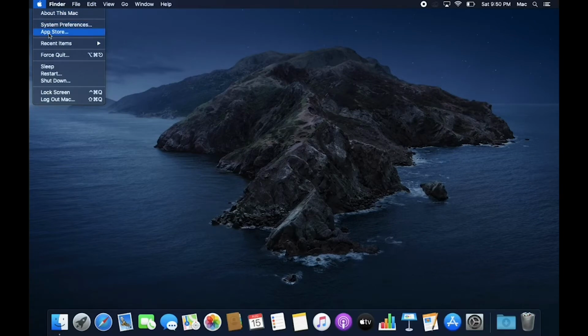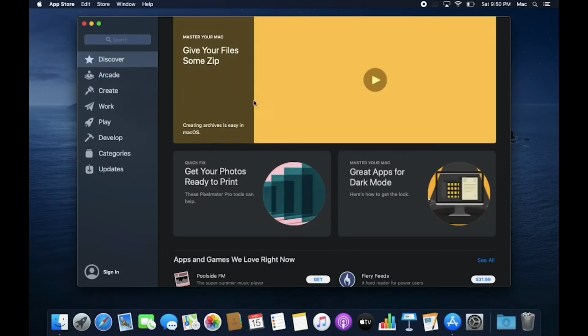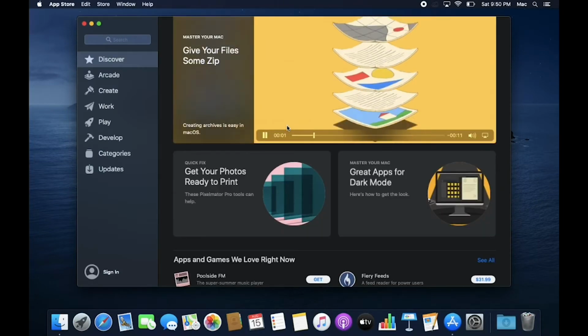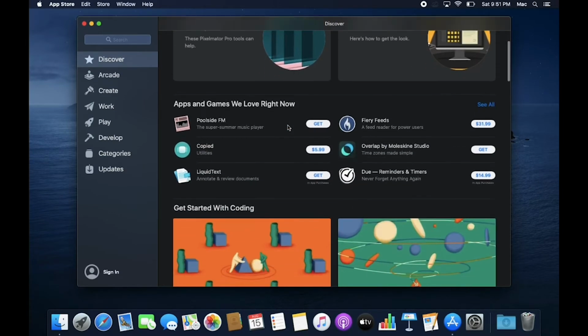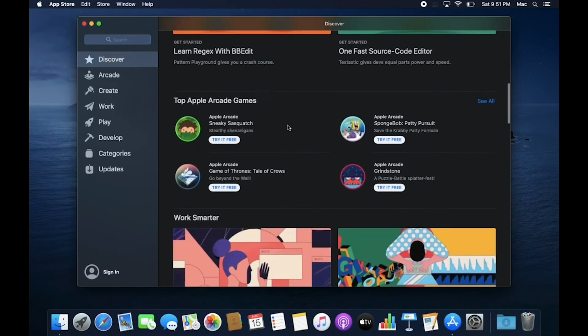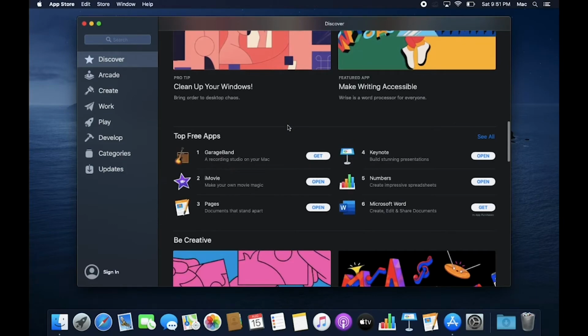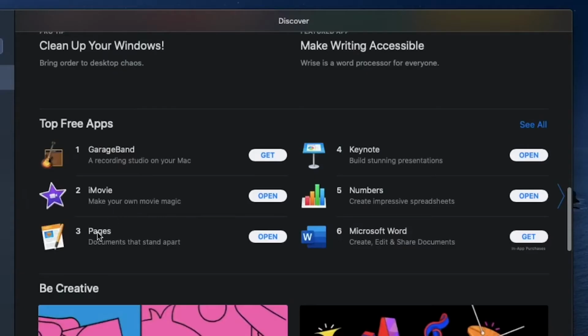Next is the App Store, where you can download the apps directly. Here if you scroll down, we can see different types of apps. Here is Pages, equal to Microsoft Word, Numbers, equal to Microsoft Excel, Keynote is equal to PowerPoint.